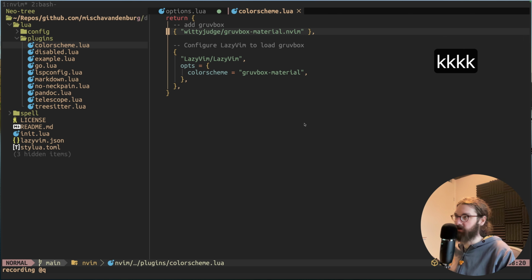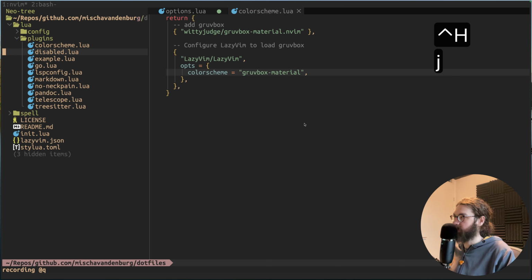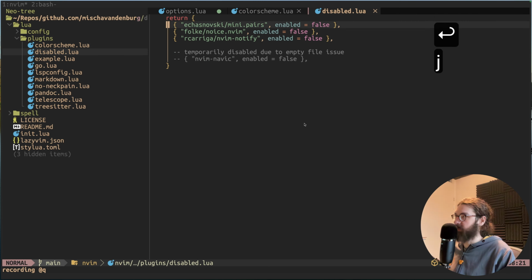So this installs the plugin, and then I have to pass this option to the LazyVim plugin. LazyVim is a plugin into Neovim, and then you're telling it, okay, you have to use this color scheme. So that's how I've set up my color scheme. Next, we have disabled.lua,